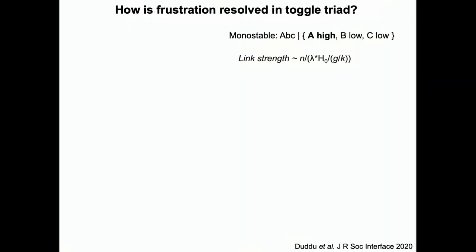So we basically non-dimensionalize the system. We identified this parameter, which is basically telling you the link strength. If you go back to the Hill's function, G by K, the G is the production, K is the degradation, H naught is the threshold. So H naught by G by K is basically a measure of how much normalized levels you would need of a protein to be able to inhibit the other. So that's non-dimensional. Lambda is basically just a fold change, and N is the non-linearity of the system. N and lambda have no units.